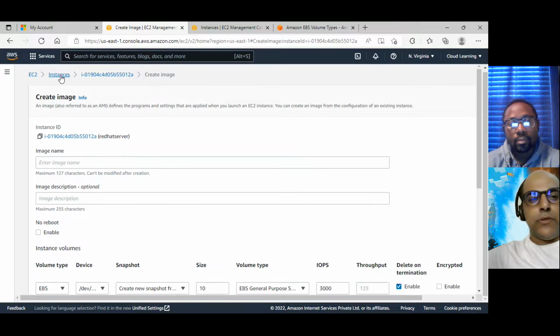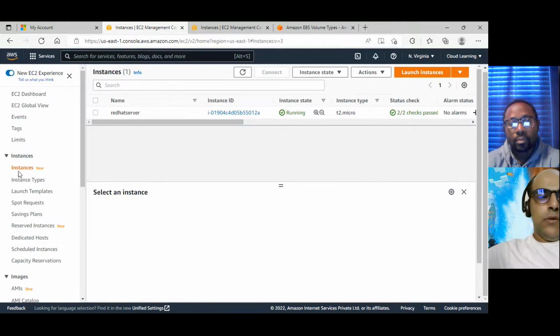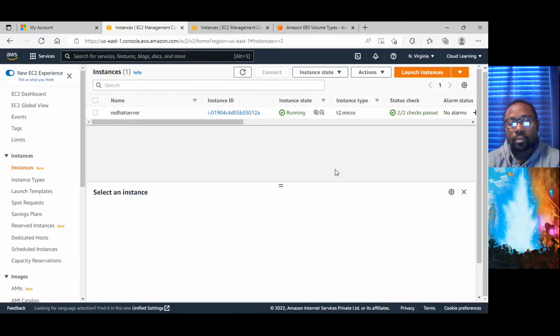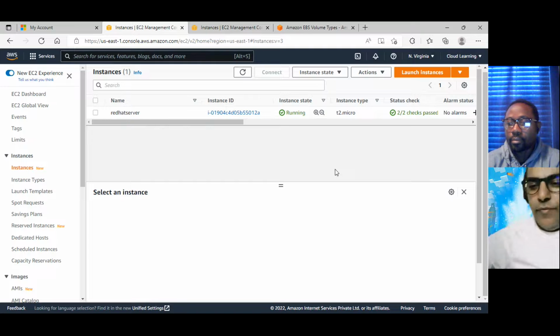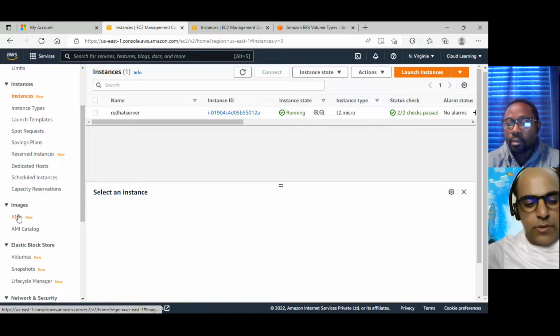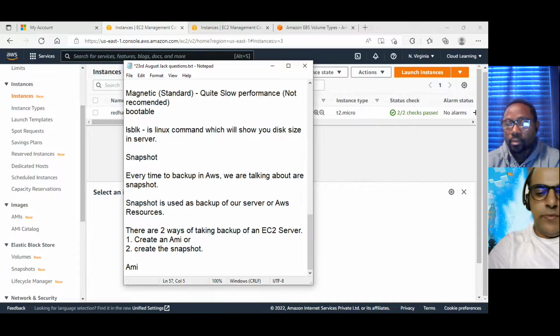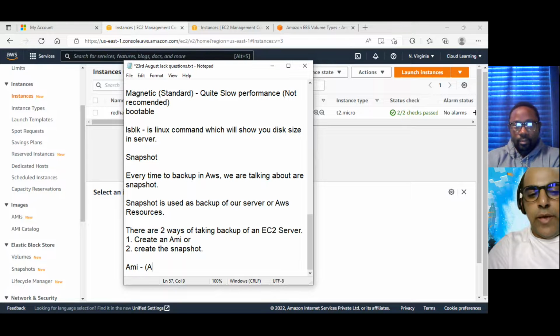AMI is the image, which is another form of backup. AMI is Amazon Machine Image. It stores whatever the server status is in the AMI.